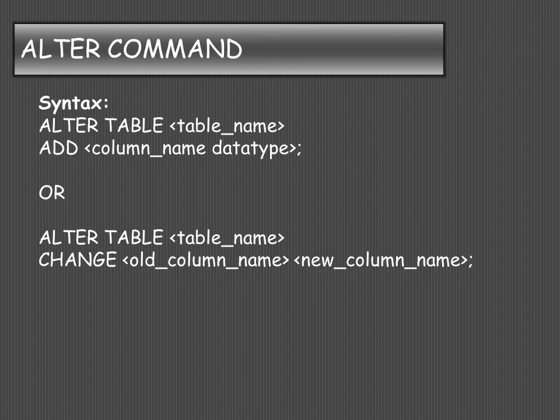Or if you want to change the name of the column, then you can use the change clause with alter table. So this is the syntax of the alter command using which you would be able to write the code.